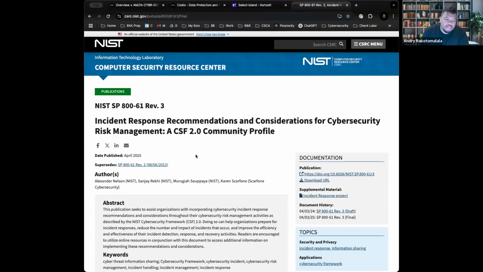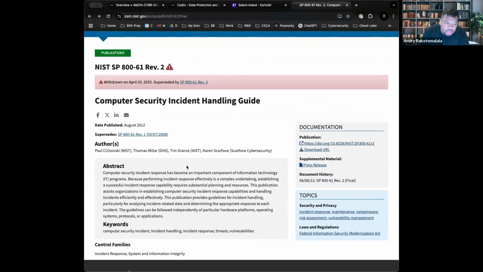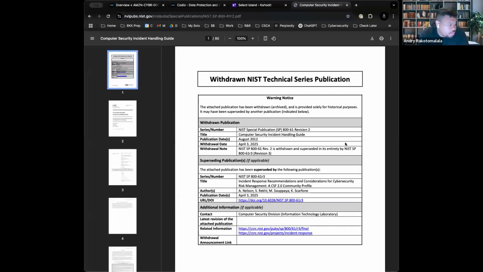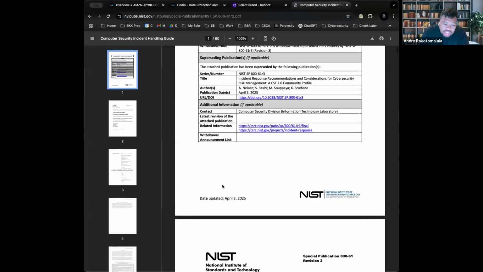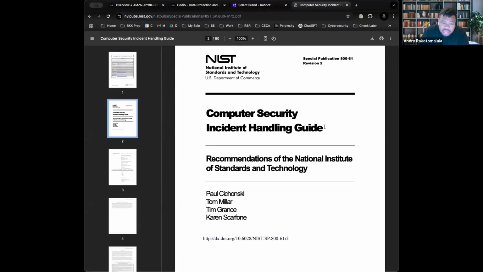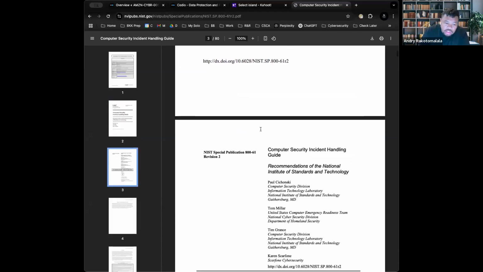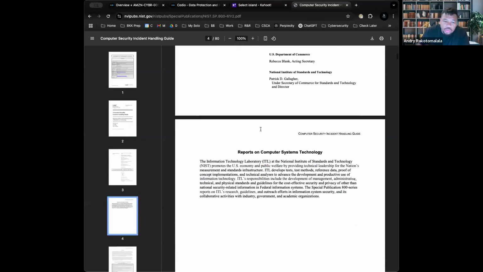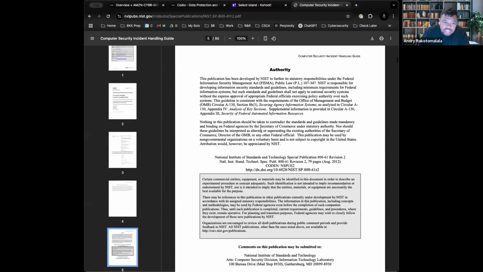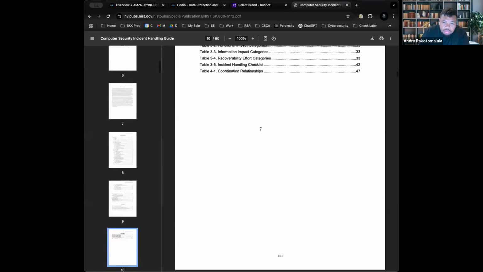I like this because it actually has the handling guide, and here they have a very in-depth document. If any of you would like some night reading to help you fall asleep, this might be the one for you. It goes very heavily in depth into what you should do. Keep in mind that incident handling guide is synonymous with incident response plan, right? Because it's just saying, here's a playbook on all the things you should do in order to handle an incident. Okay, so this goes pretty in depth.